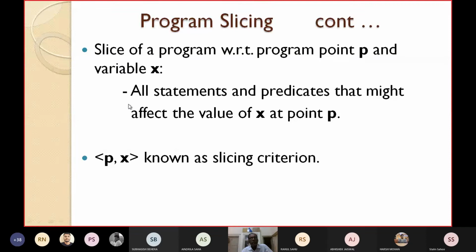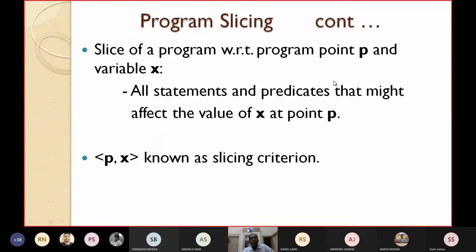It consists of all the statements and all the predicates that might affect the value of X at program point P. So if we have written a program, all the statements and predicates that might affect the value of the variable x, defined or used at program point or the program statement P.